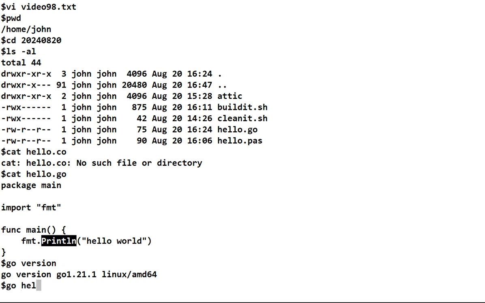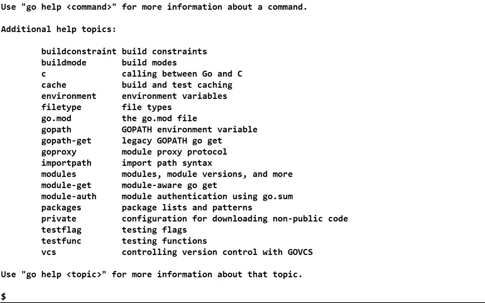So, okay, we want some help. And you can see they've got these commands. And you think, well, go help topic. Learning it this way would be tough. It's not impossible, but you'd really have to want it. So the better thing to do is go to the go.dev website,